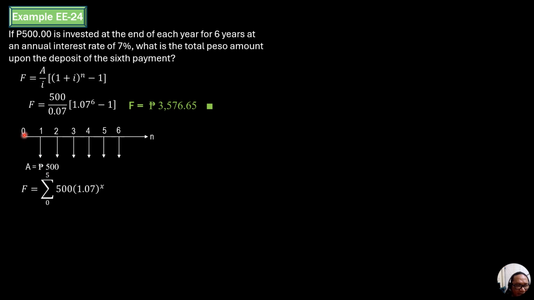But if it is an annuity due, it should be 0 plus 1, and this should be 5 plus 1, or n plus 1, 6 plus 1 for that case. So using your calculator, the result will be the same,